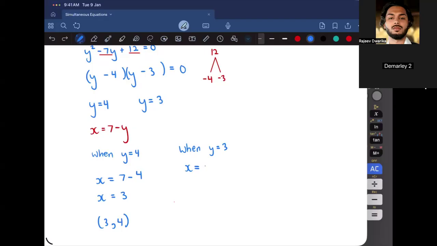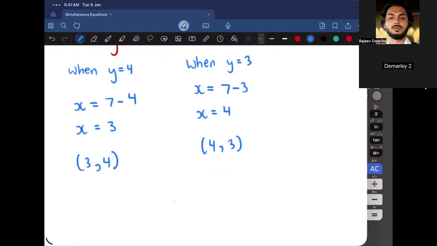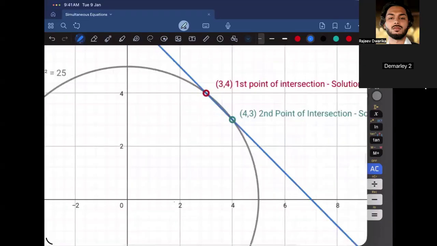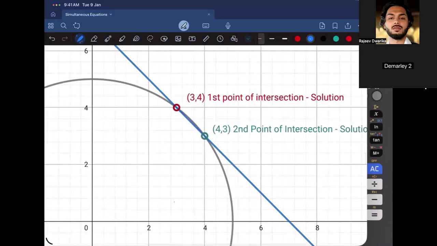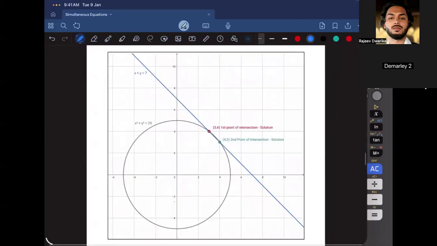It's 4. Yeah, 7 minus 3 is 4. And so that's going to be (4, 3), because x first, then y. Yeah. And so I want you to look at this and watch. (3, 4), (4, 3). Whoa. Yeah, so we figured out the whole question without even seeing what it looked like,